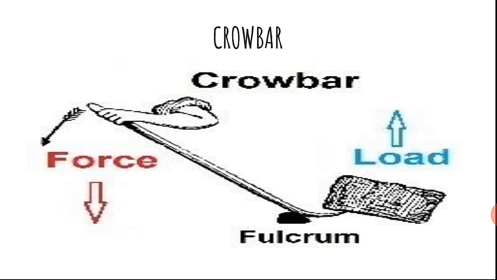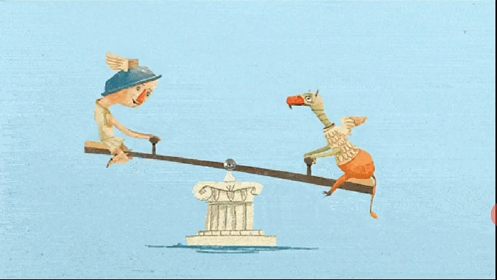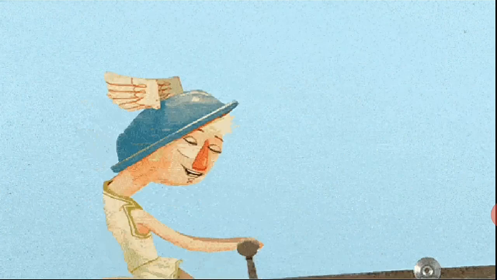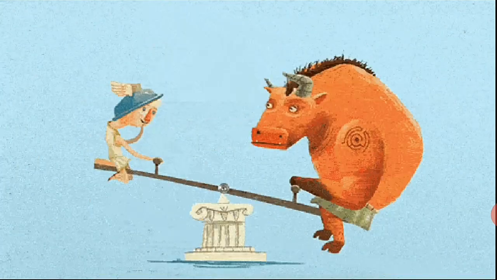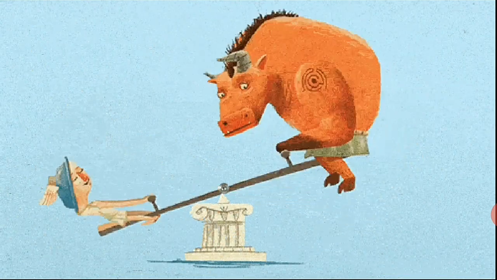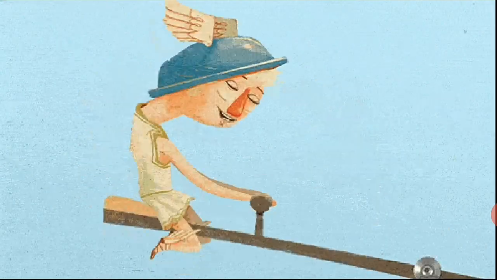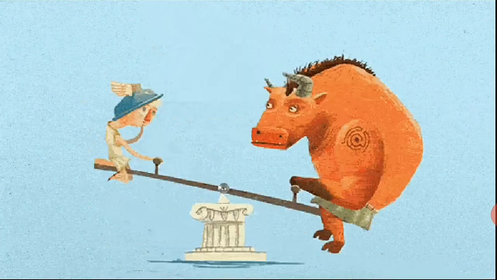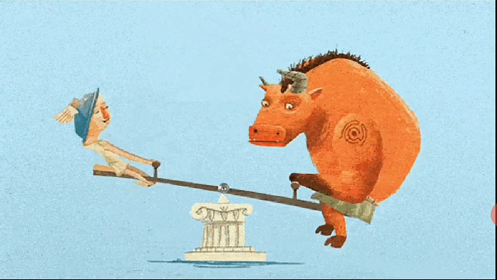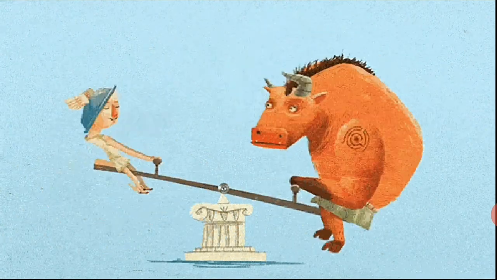Here also you can see that fulcrum is in the center. Wherever you see that fulcrum is in the center, you will straight away write that it is a class 1 lever, which is a force and speed multiplier. Then this is an example of a seesaw. More the load, more will be the effort. See how the girl is applying more effort. And lesser will be the load, lesser will be the effort.